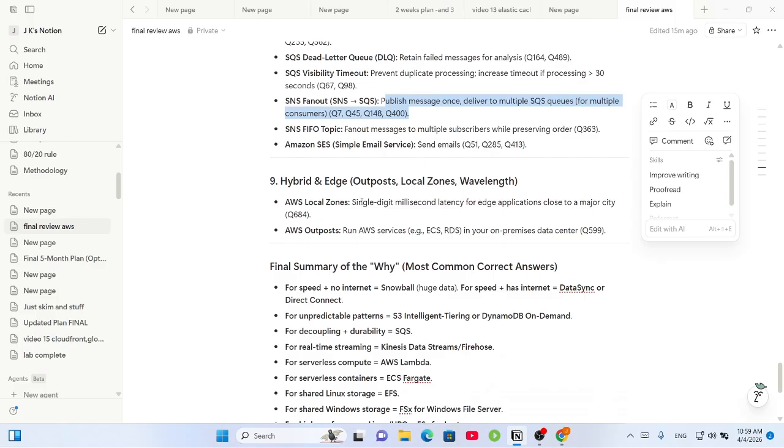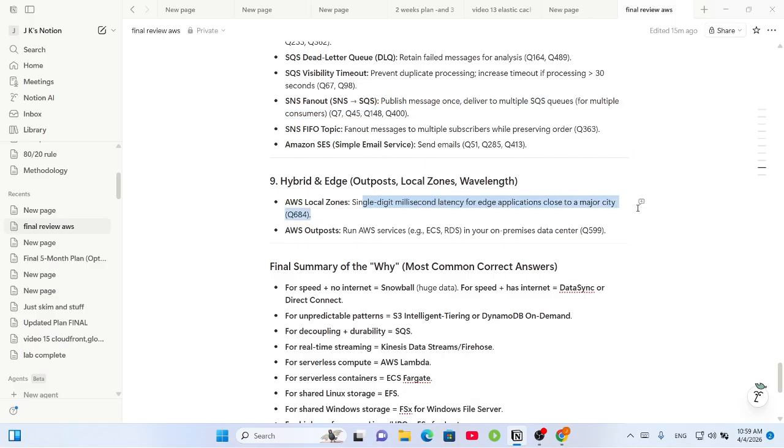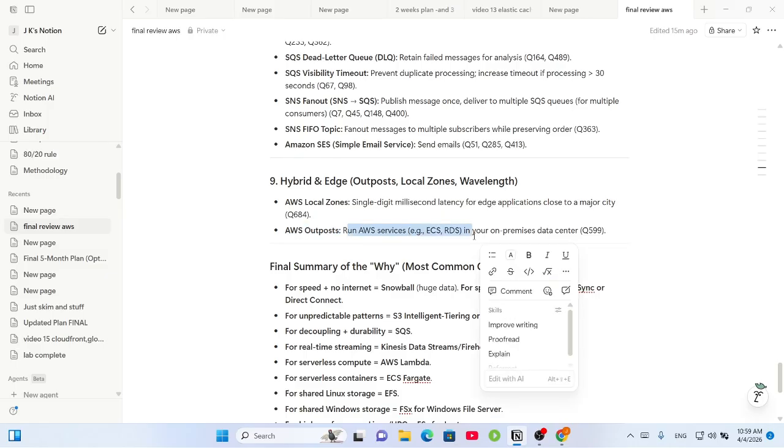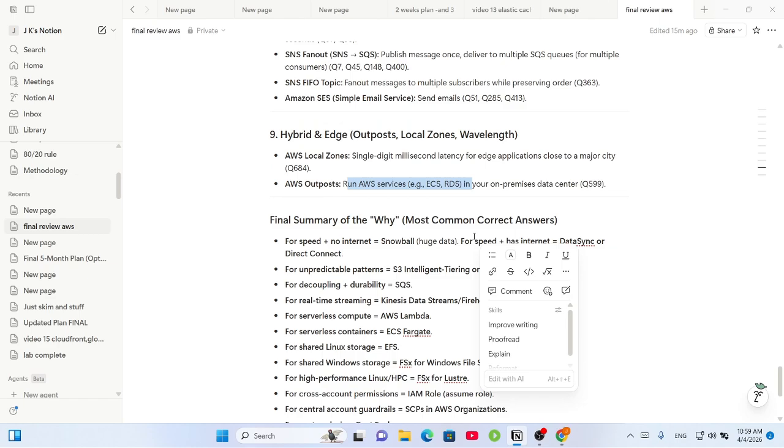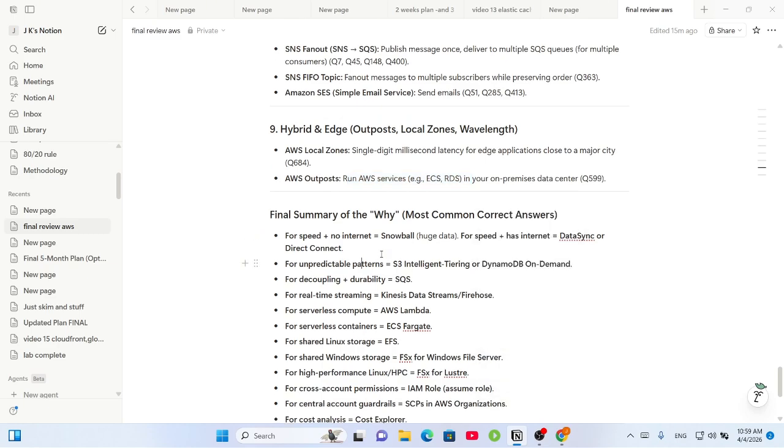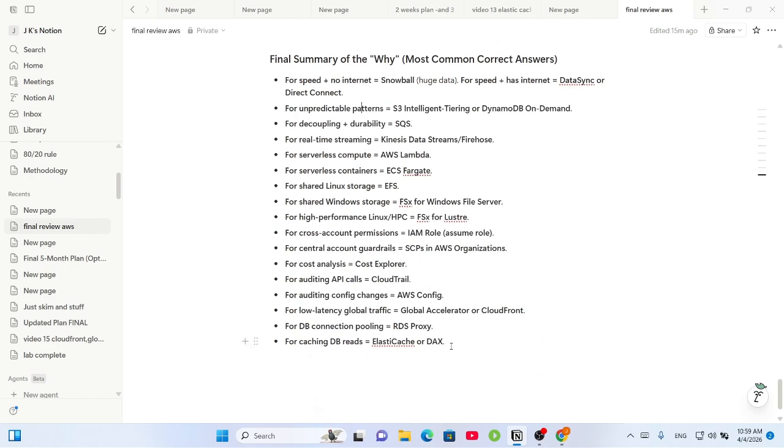Hybrid and edge, we have single-digit millisecond latency for edge applications close to major cities, AWS Local Zones. Outposts run AWS services like ECS or RDS in your on-premises data center. So for summary, we have here